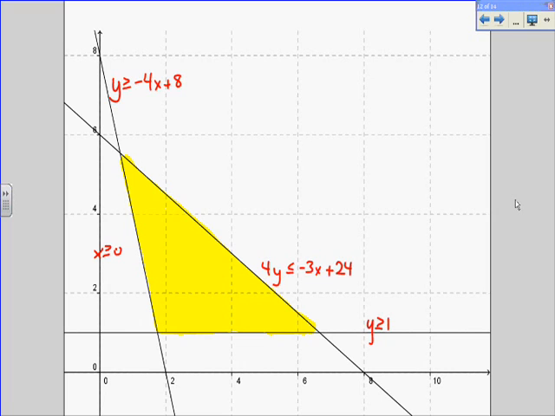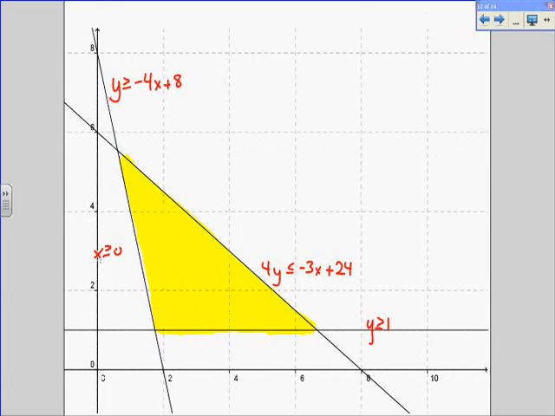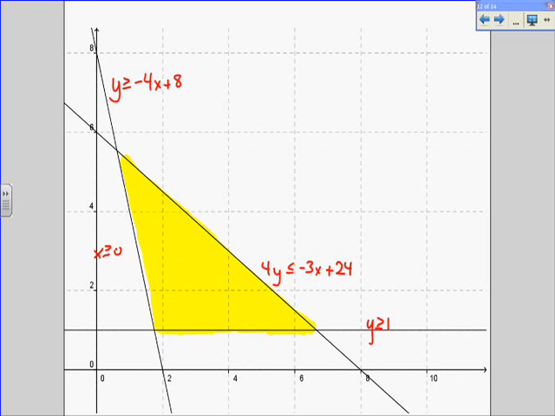So the inequality here, and I'm going to attempt, oh no, I always do that. Why do I always do that? Okay, let me try that again. My inequality here, without moving my graph, is y is greater than or equal to negative 4x plus 8. Okay? My other